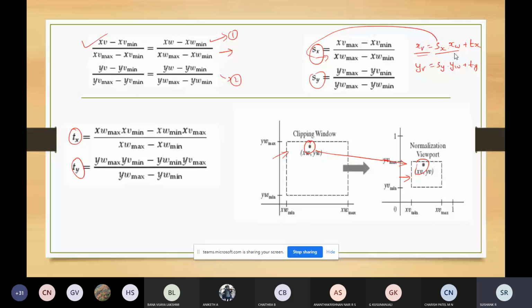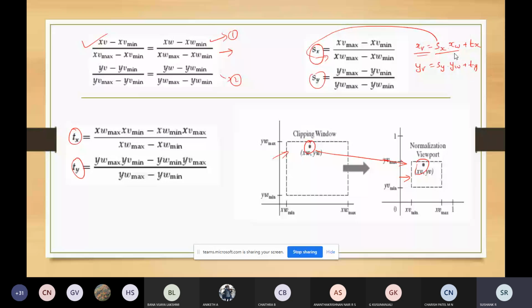Here sy and sx are the scaling factors which take care of scaling operations, and tx and ty are the translation factors given by the formula tx is equal to xw max xv min minus xw min xv max. This is a formula you just need to remember.